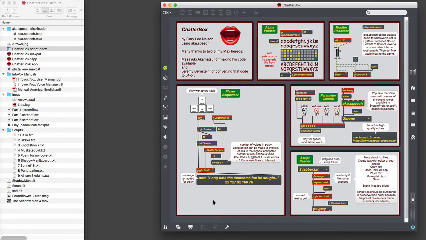Now, Derange and Zarvox are using the same text with different parameters and voices. Note that these parameters cannot be interpolated as you might want to do if you're using pattern storage. The speech object collects the parameters only at the beginning of the line. Parameters, script, and voices can be saved with presets, but they can be shared among the presets for many different combinations. For efficiency, the scripts are only loaded when they change.